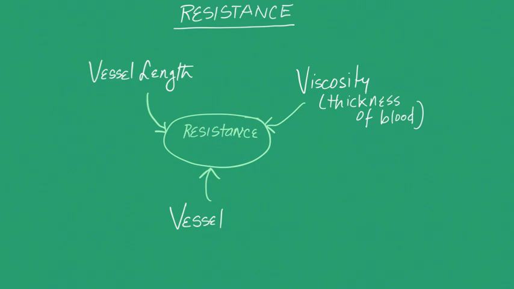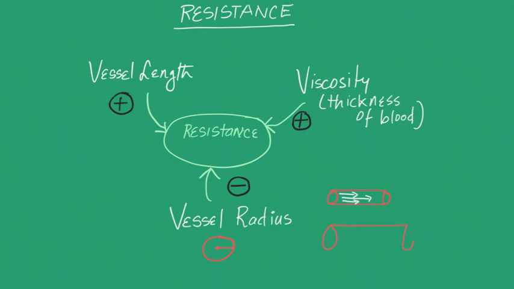The third factor has the most profound effect on resistance, and that is vessel radius. This keeps changing whenever the blood vessels dilate or constrict, and the radius increases if the blood vessel opens up or is dilated, and it decreases if it is constricted. So the vessel radius has a negative effect on resistance. If you increase the vessel radius, the resistance goes down. Even if the vessel radius increases just a little bit, it can have a massive effect on resistance, which means